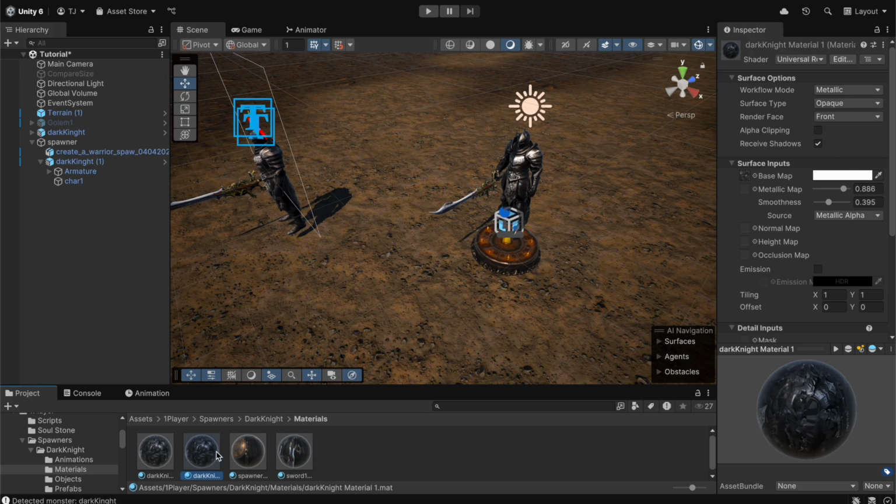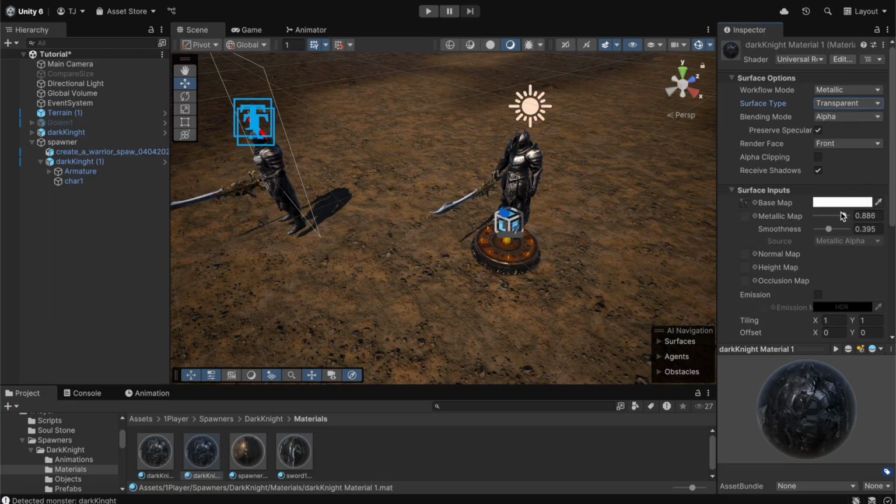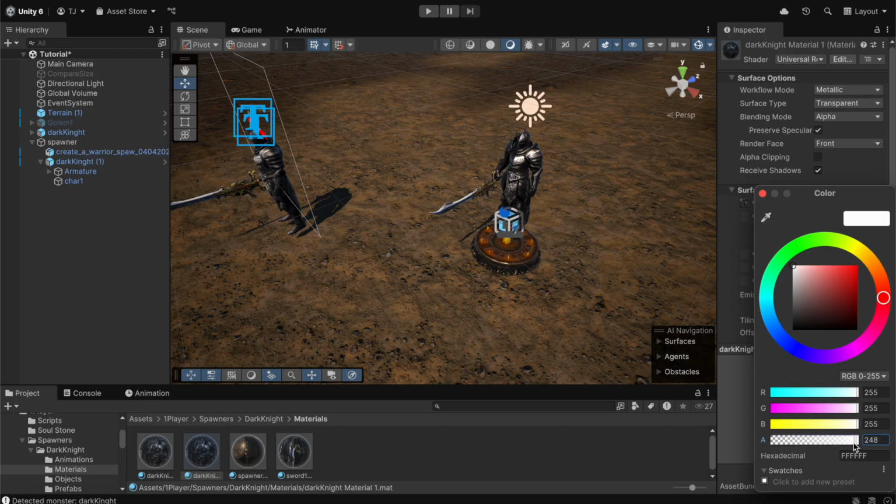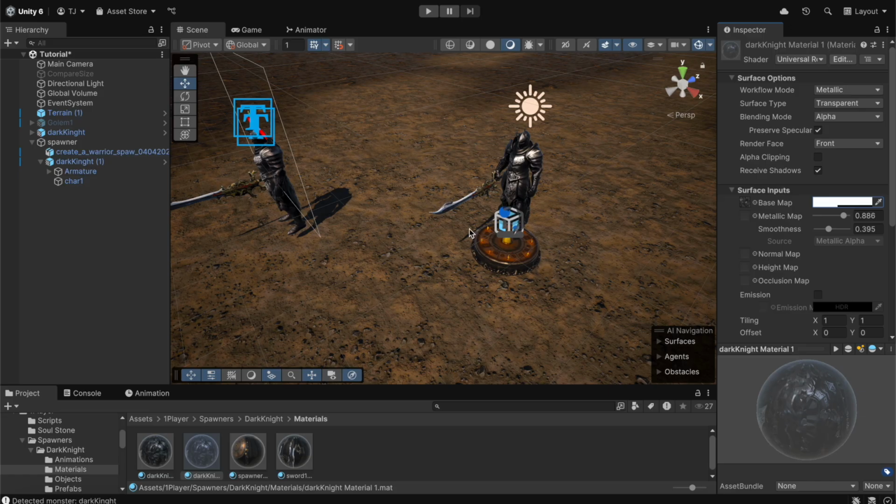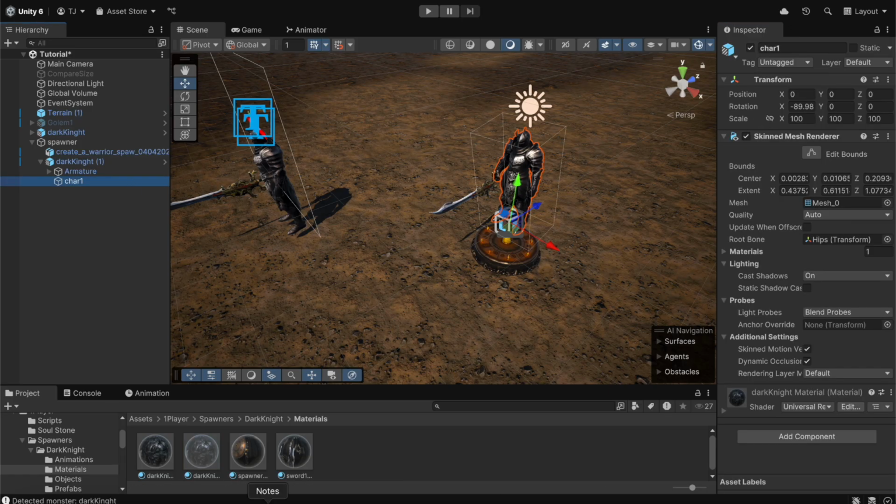And now under the duplicated version, I'm gonna go under the surface type and we're gonna make it transparent. So we're gonna check transparent over here. And now we can select our base map, click on the color, and make it transparent. But before this takes effect, we have to also go over here and just drag and drop it over here. Now as you can see, the character is transparent, but it also has a sword that we have to